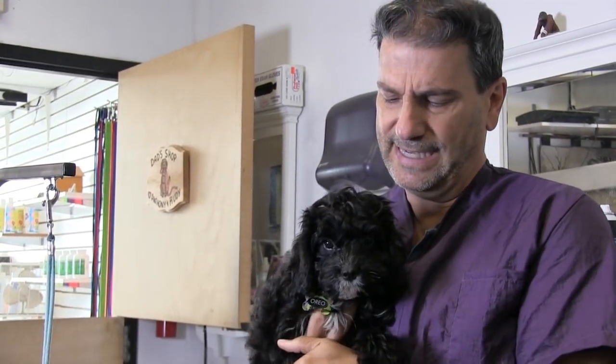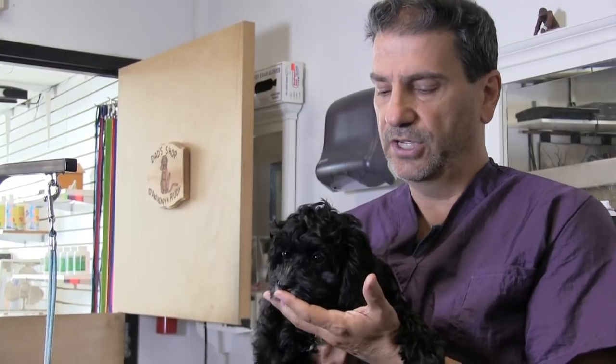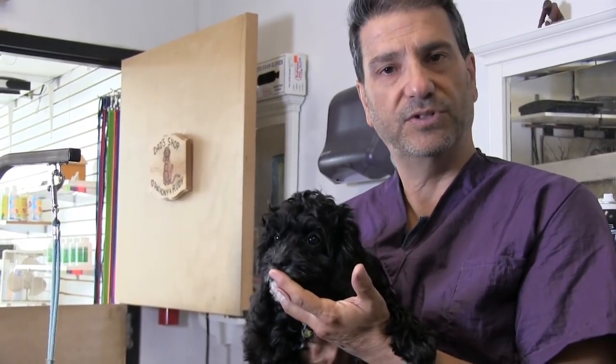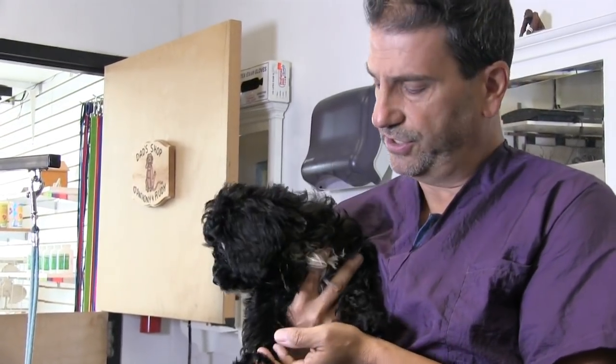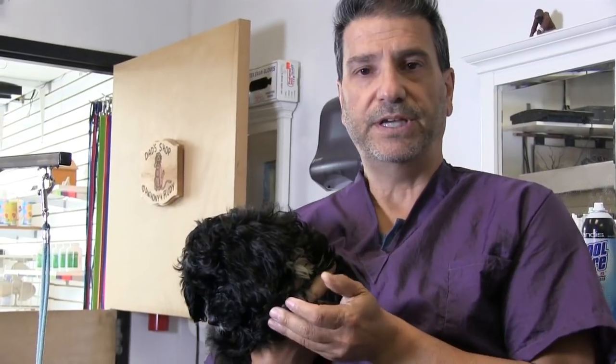Very, very sweet. A lot of times with puppies, they do not accept the grooming. It's very tedious. It's difficult to introduce them to it. They're all different. Some take to it very well, others don't, and require a lot more time. So we really don't know with Oreo just yet, but right off the bat, we're going to be talking about